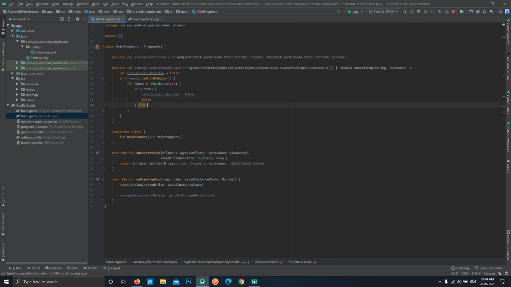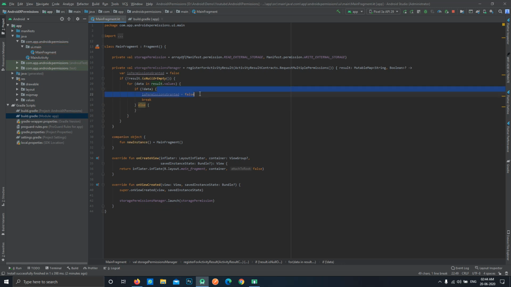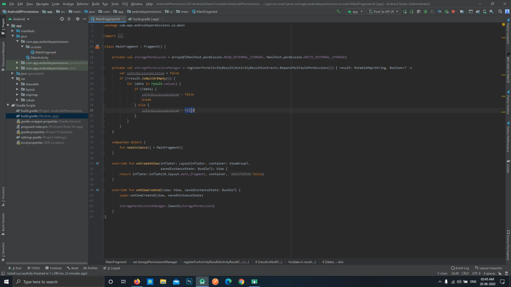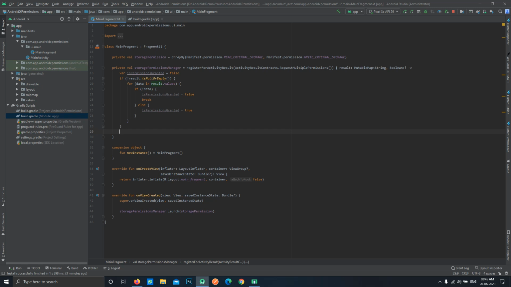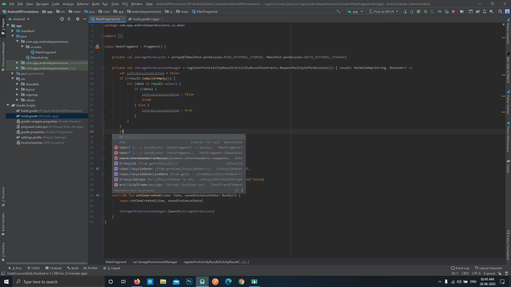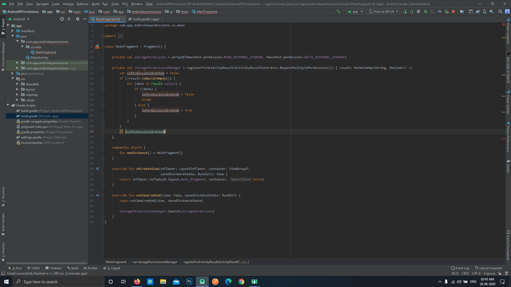Or in the else section we'll make isPermissionGranted true. After this if condition, we'll make a check for this isPermissionGranted variable. So if this variable is true, that means all of the permissions are granted, but if this variable is false, that means any of the permissions is not granted.